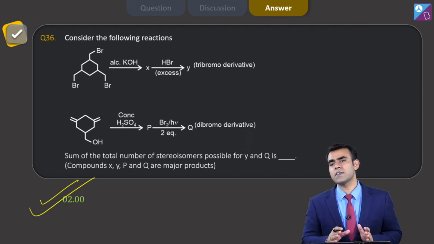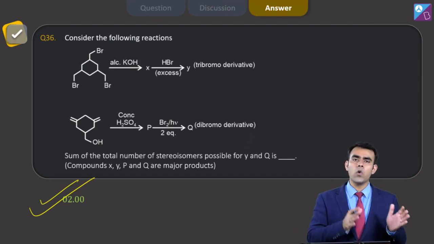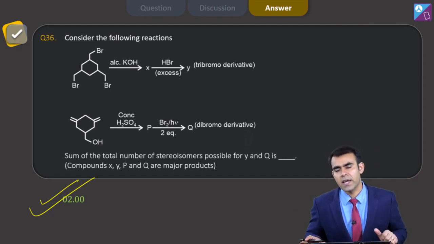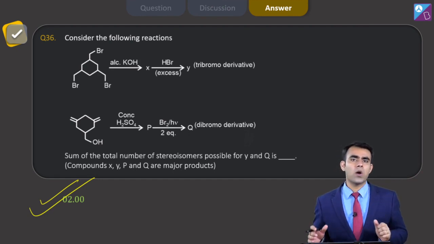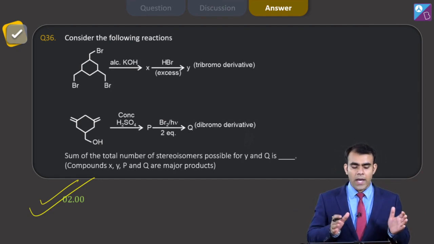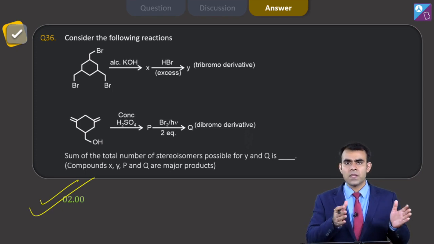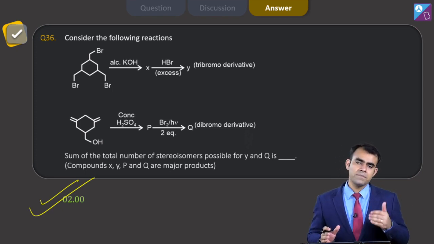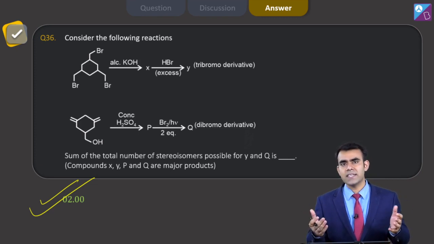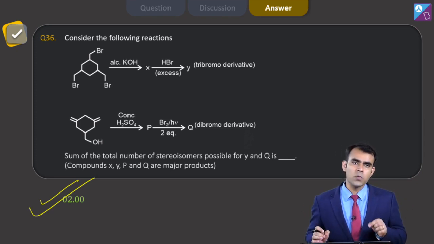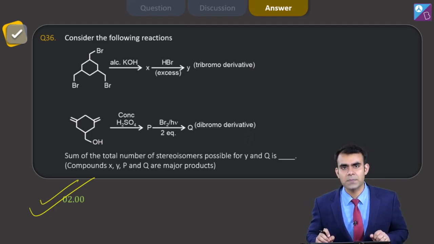So we are done with the discussion of open mock test paper 1. Next we will see and discuss open mock test paper 2. I hope you all understand how these questions are solved, and just calculate your numbers and see what mistakes you are making in these papers. Thank you.